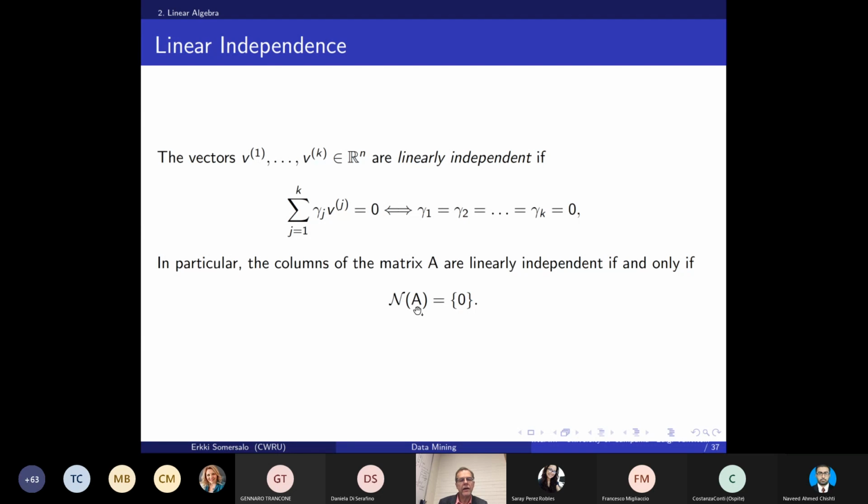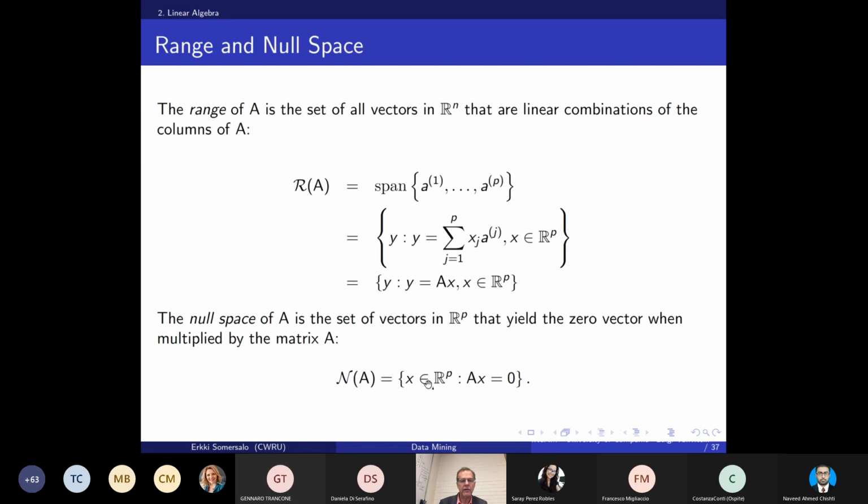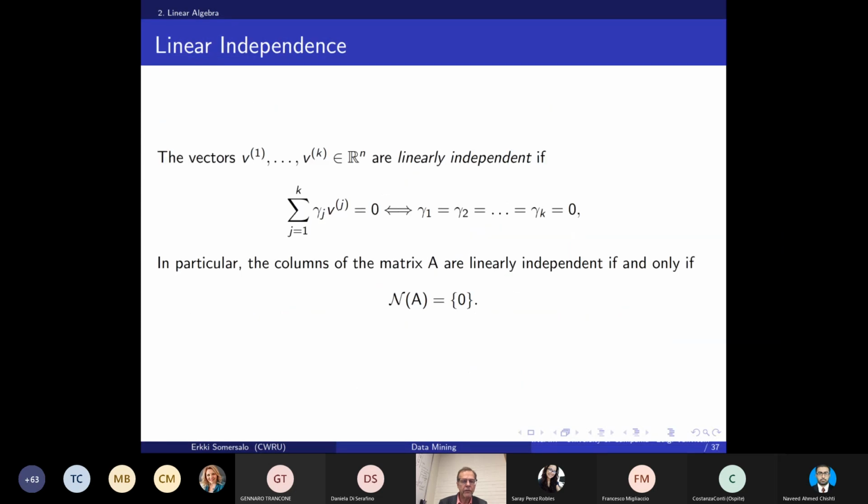And so now if you take a matrix A whose columns are linearly independent, then you see that the null space of A has to be 0. And why is that? Because, let's go back. We had the null space to be the collection of vectors which are mapped to 0. So A of x is a linear combination of the columns of A. If the columns of A are linearly independent, then x has to be the null vector. And so therefore, the null space of A consists only of one single vector, which is the 0 vector.